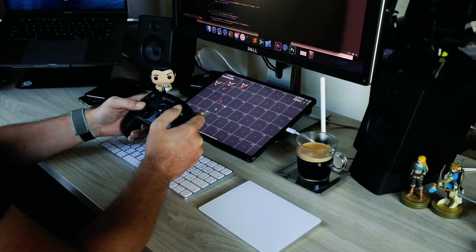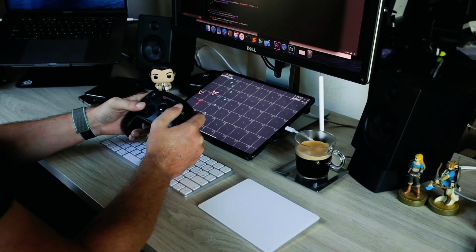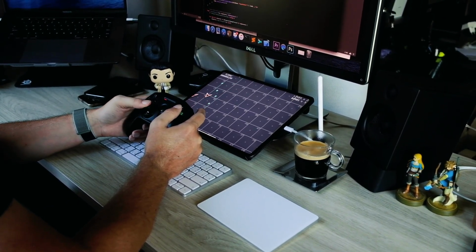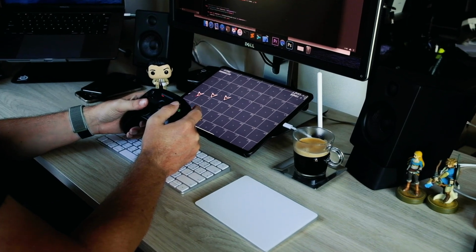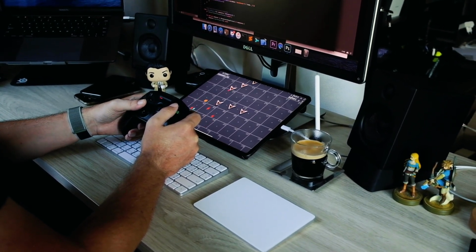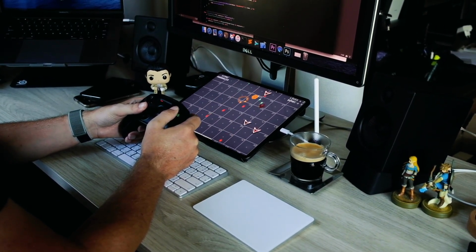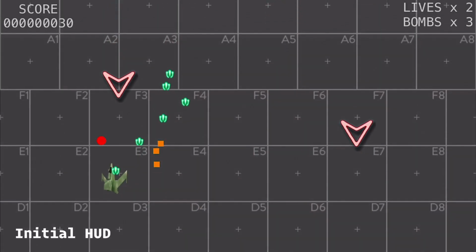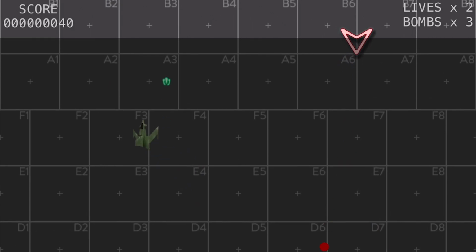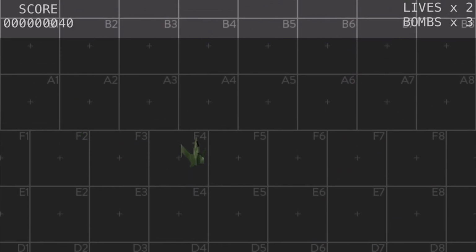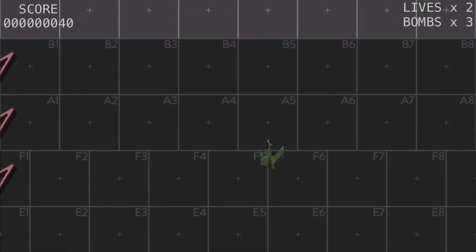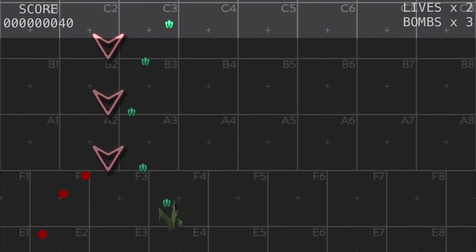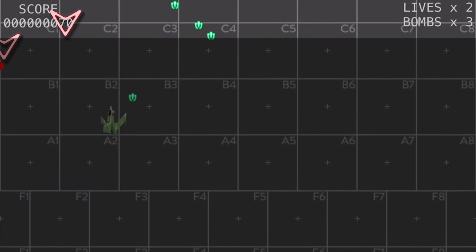Hey everyone, it's time for the fourth devlog of my indie game, the shoot 'em up that I'm coding in Swift using SpriteKit and GameplayKit. The game has continued to move forward and we now have a basic HUD in place. Just like everything else in this game at this stage, the HUD is of course visually very simple, as the coding is what is important for me to focus on right now.